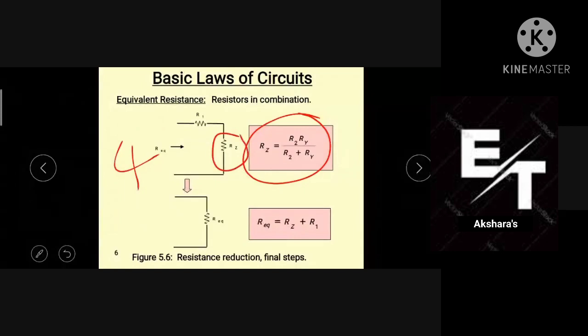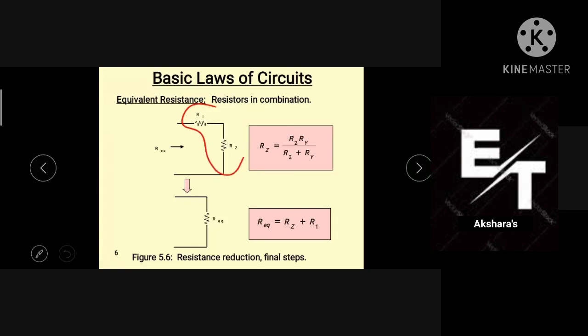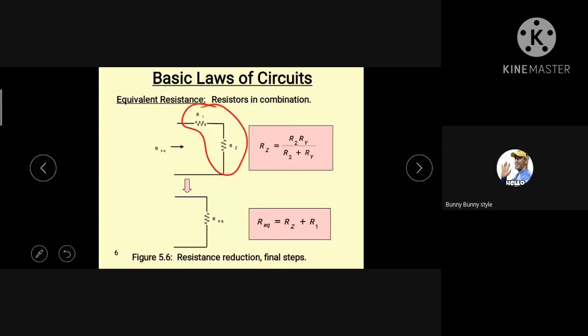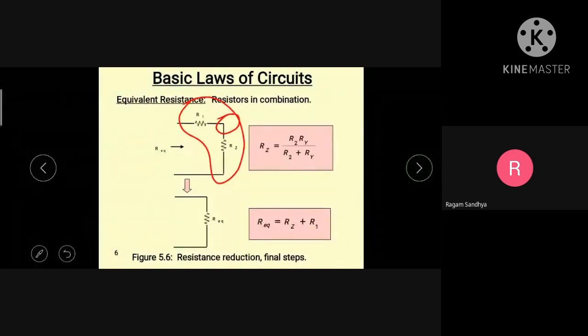And in the next step, these two are in combination. Which combination? Series or parallel? Series combination. Now, is the junction in between a simple node or a principal node? Simple node. We do not consider simple nodes. That's why these two come under series combination, because simple nodes are negligible and avoided in our circuit subject. That's why these two are a series connection.